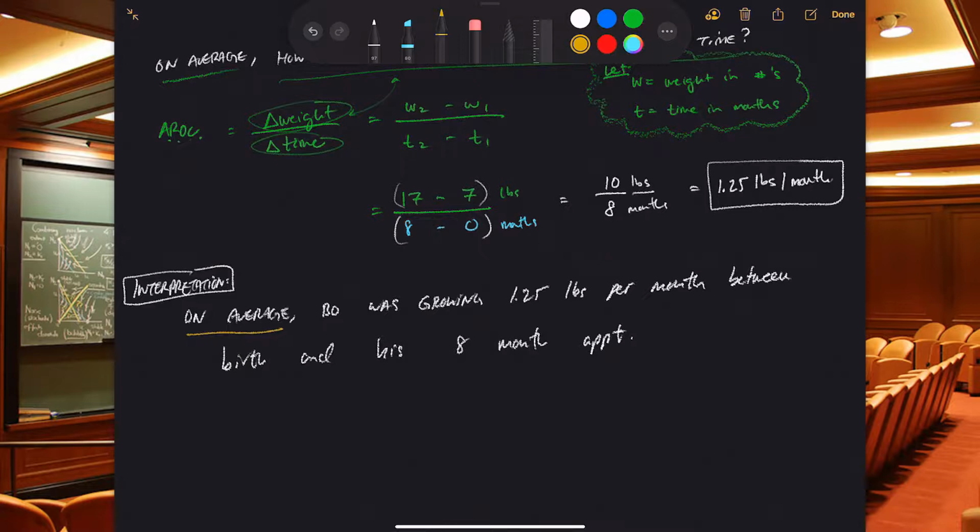This is on average, right? What I didn't tell you is that we had other appointments in between and that we also weighed him every day. He didn't grow 1.25 pounds per month, and we couldn't distribute that evenly through each day. It wasn't a constant rate of change. It varied, right? Some days he was up, some days he was down. Some weeks he grew incredibly fast, and then other weeks he didn't grow at all. So the fact that this is an average tells us that we have imperfect information. Helpful still, yes, right? It tells us he's on a good path. He's still growing,